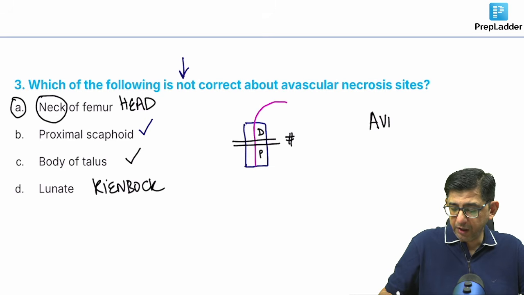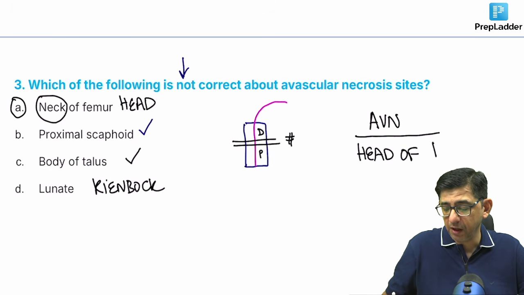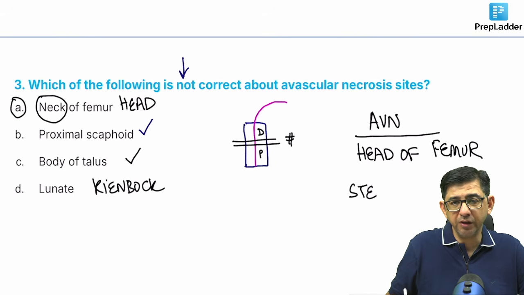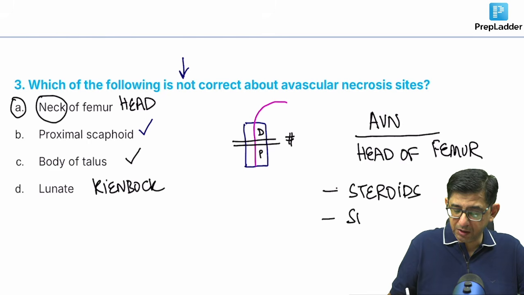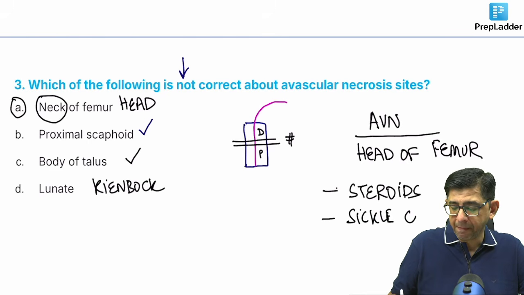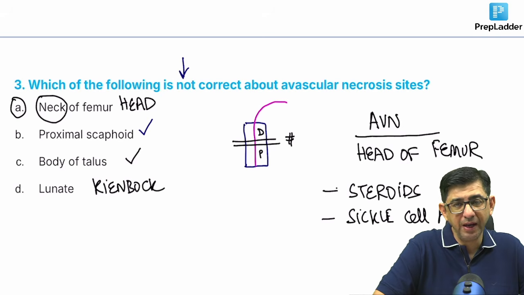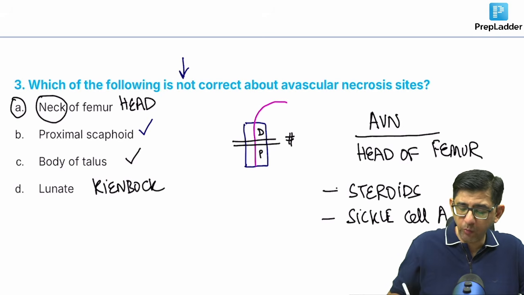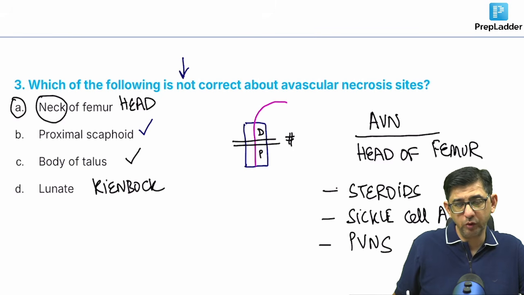And I would like to reiterate once again, now there are many more cases of avascular necrosis of the head of the femur, because at COVID time we had given steroids. We had given methylprednisolone to our patients. So obviously avascular necrosis, one of the important causes, happens to be idiopathic, but then it can be steroids, it can be sickle cell anemia. And in sickle cell anemia, it can be like sickling crisis where the blood supply of the head of the femur can get compromised. And then obviously there can be tumors like pigmented villonodular synovitis. Idiopathic is overall the most common cause.